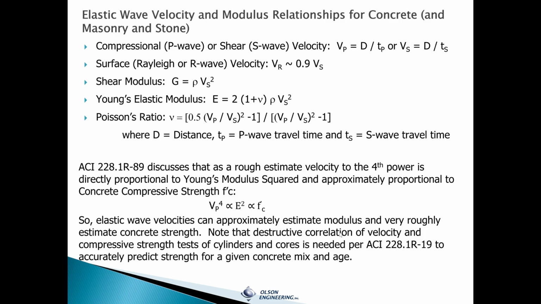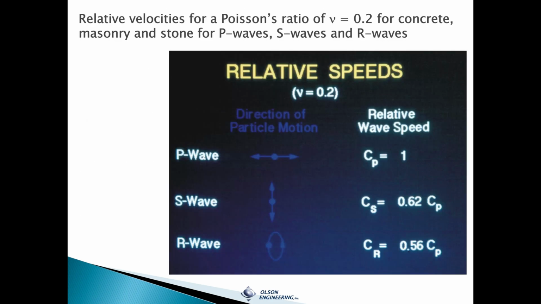So the relative speeds, I mentioned this earlier, for a Poisson's ratio of 0.2, which is about the same, and often similar plus or minus, for stone and masonry as well as concrete. If the P wave speed is taken as 1, then the shear wave is 62% of that velocity, and the Rayleigh wave is 10% slower, or 56% of the compression wave velocity. So I wanted to give you some basic background in the physics and elastic equations, and now we'll get into